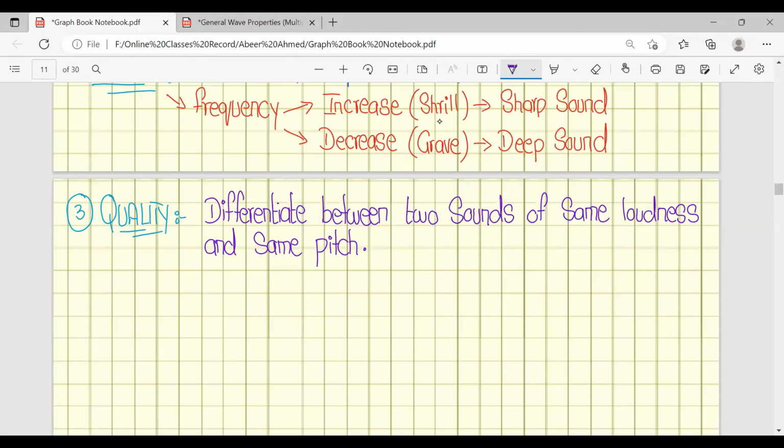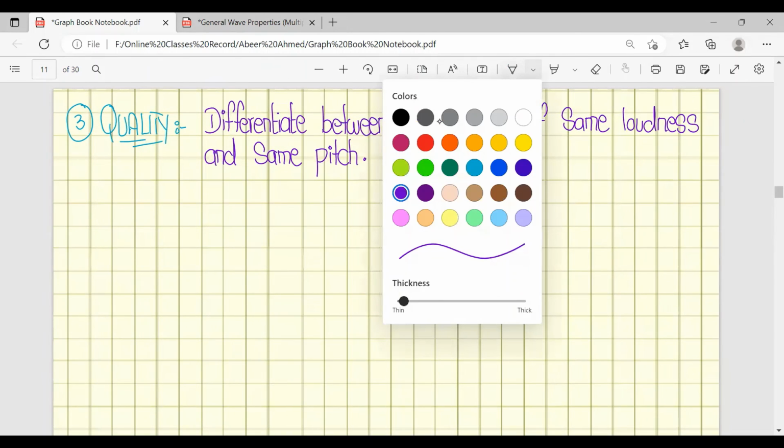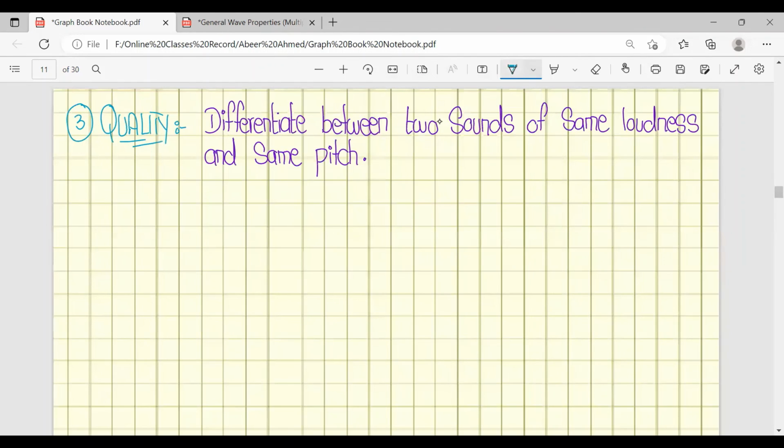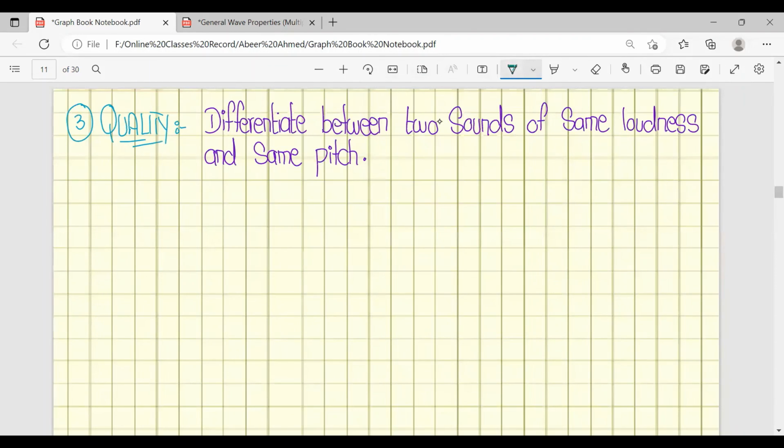So this third factor helps us to distinguish between two sounds of the same loudness and the same pitch. Let's consider an example. Suppose there is the sound of a piano. First, let's discuss the example of the piano